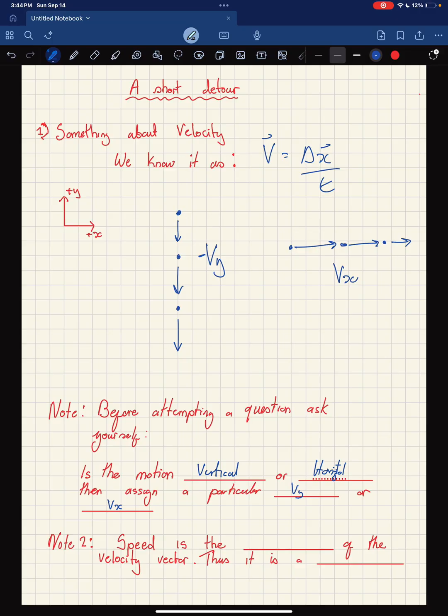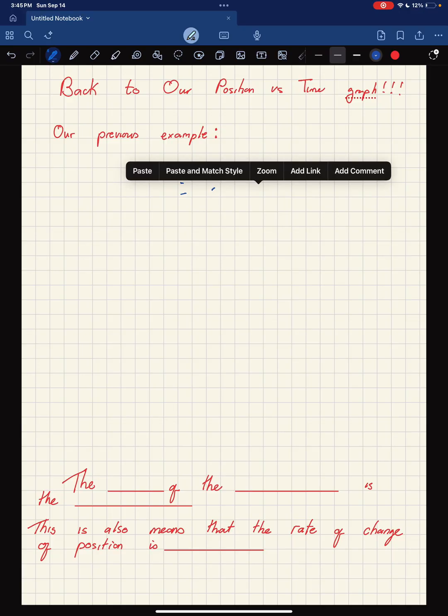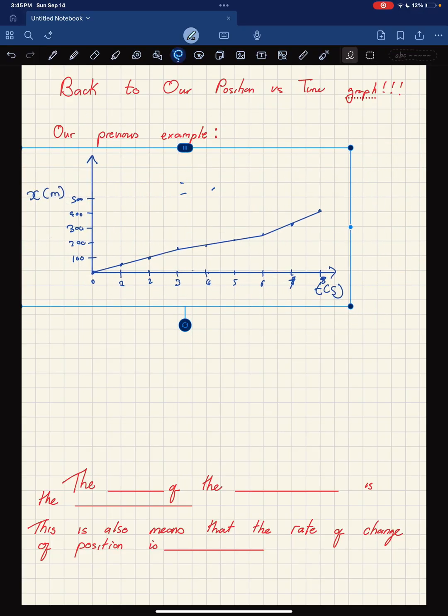that's clearly vertical motion. And here just a quick note, to remind you guys: speed is the absolute value of the velocity vector, and it's also a scalar. All right, so speed's always positive. So let's go back to our time graph now. All right, paste. Nice. All right. So what if